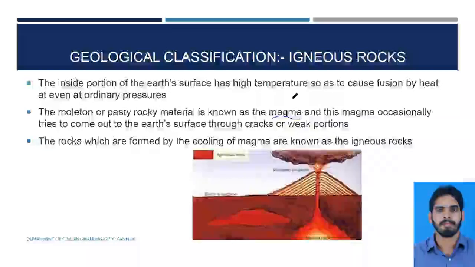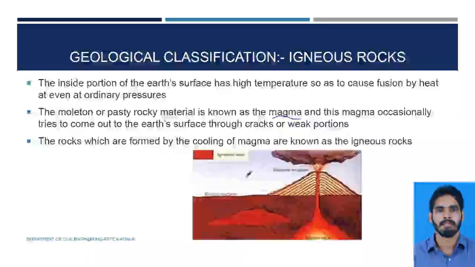You would have studied about magma and lava. Okay, that magma, that pasty rocky material known as magma may ooze out. Okay, this is the oozing part, and this magma occasionally tries to come out to the Earth's surface through cracks or weak portions. If it is a weak portion, it may come out or it may ooze out. That may happen. The rocks which are formed by cooling of magma are known as